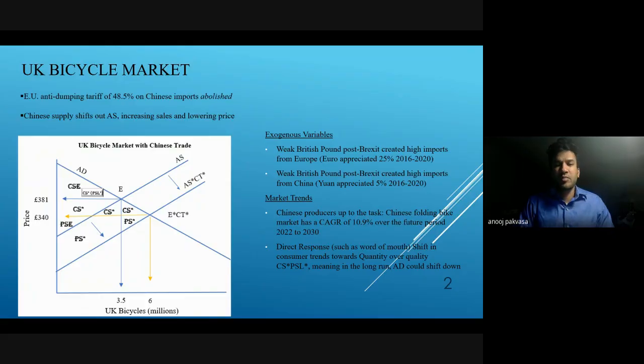At the same time, there are market trends that make it a little complex. Chinese producers were up to the task. The Chinese folding bike market had a cumulative growth rate predicted of over 10%. There's also things like a direct response, such as word of mouth, which can shift consumer trends towards quantity